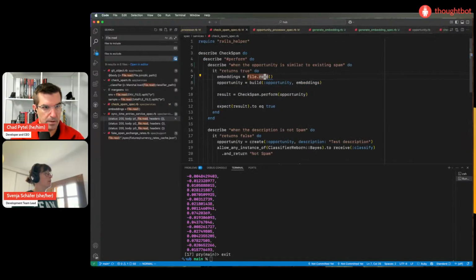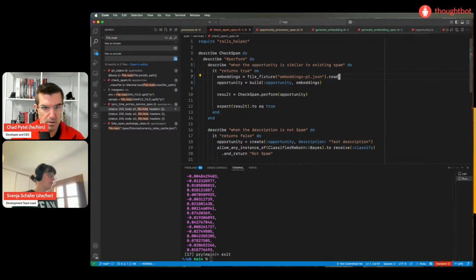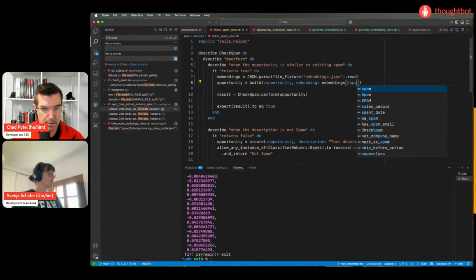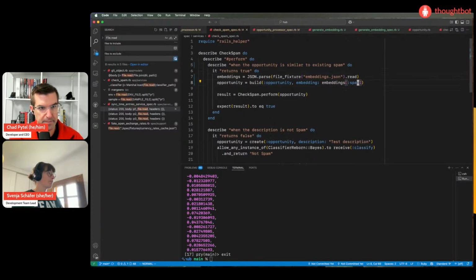Embeddings.json loads the embedding, and then we set the embedding to embeddings spam. This needs to be a create.